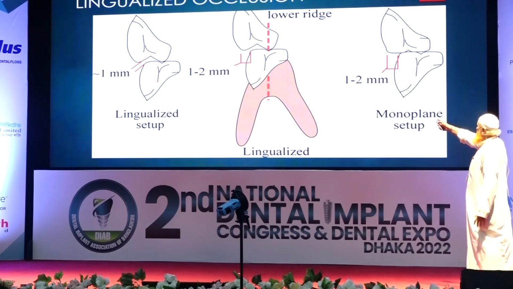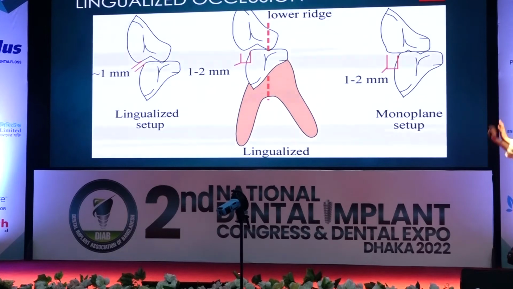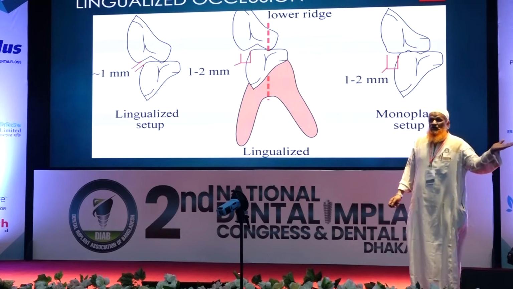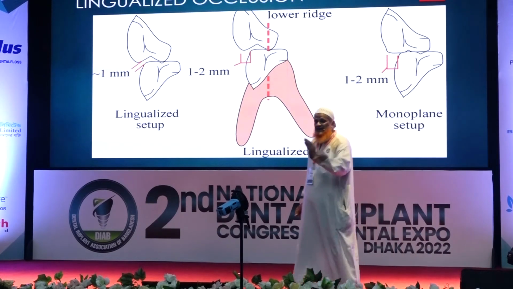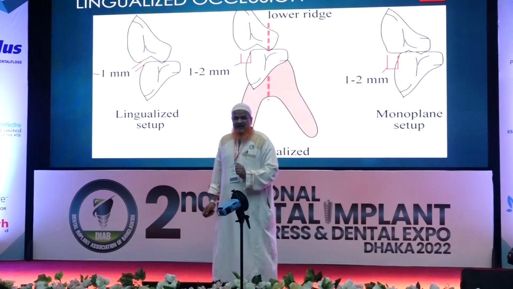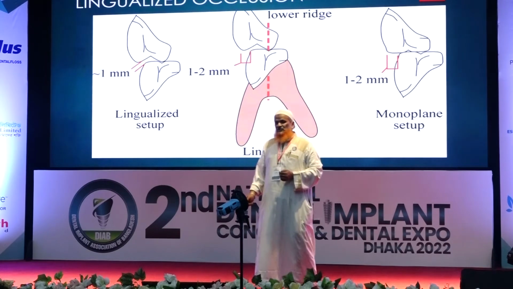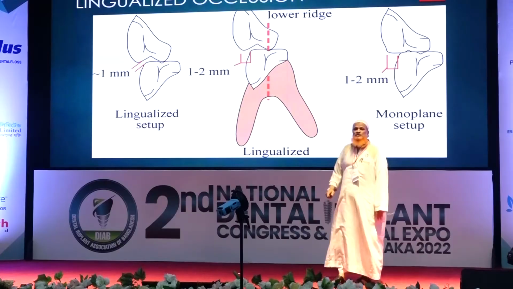This is the lingualized occlusion on the left, and this is the monoplane. In the monoplane, both teeth, upper and lower, are non-anatomical: flat occlusal surface, no cuspal inclination. We know that 0 to 20 degrees is semi-anatomical, and 20 to 33 is anatomical. So in the monoplane, we will use non-anatomical teeth in both upper and lower, but in the lingualized occlusion, in the lower we will use non-anatomical teeth, and in the upper we will use anatomical